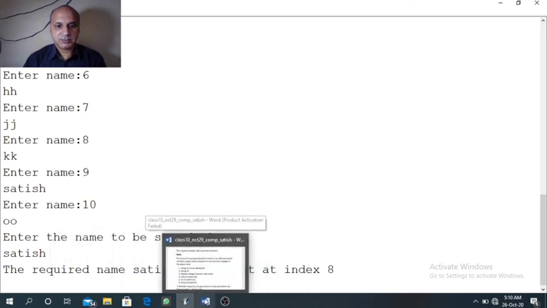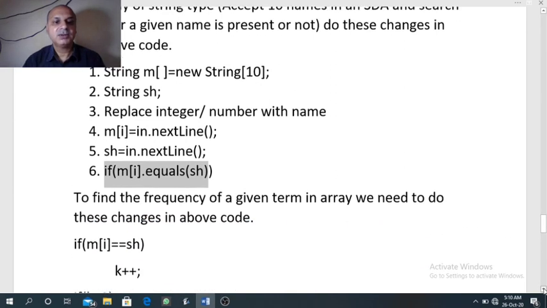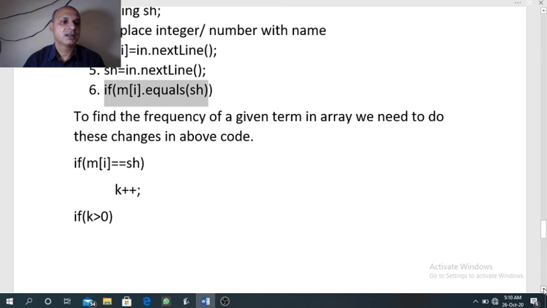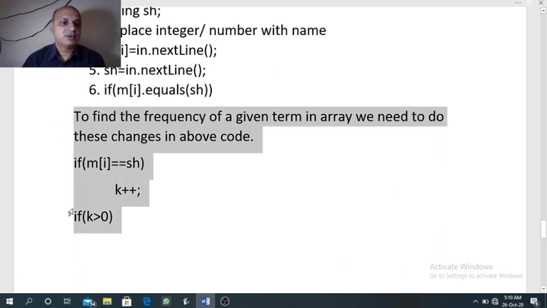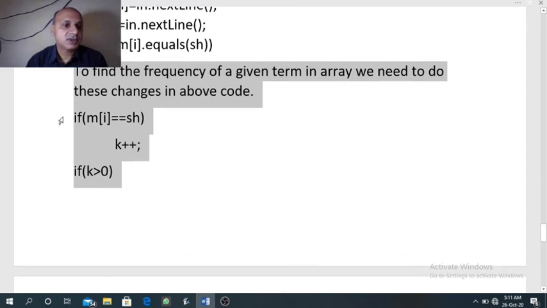Now one more program can be designed with the same program if we do some minor changes. Suppose we want to find whether a given element is present how many times, means the frequency of the given element. In that case we need to do only these 3 changes.